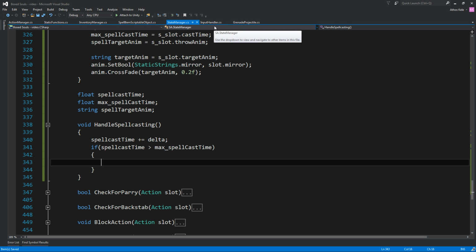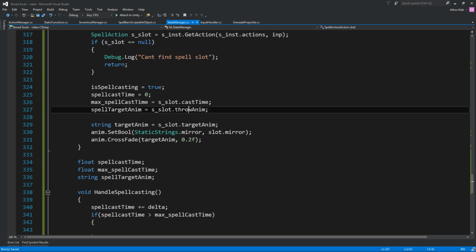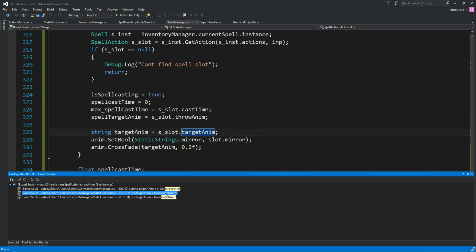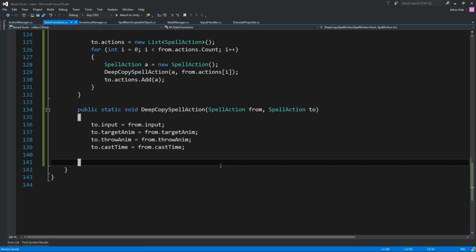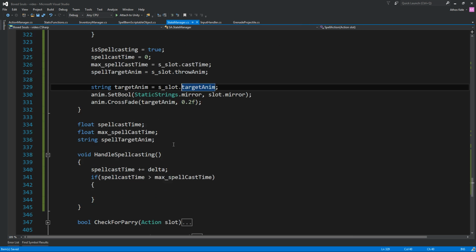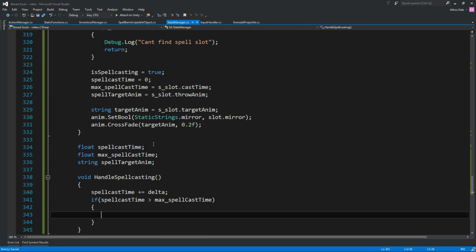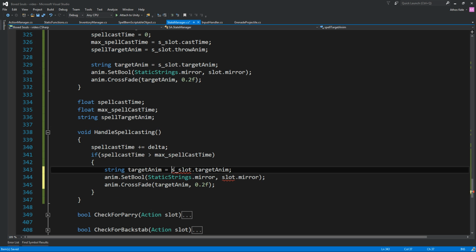And let's think. Not class, the type, not class. Yeah, I forgot what I was doing. Oh, yeah, we want throw animation to target animation over here, slot dot throw animation from dot throw animation, and I think this will do. So onto our state manager again, spellcast time. Now we want to say spell target animation,